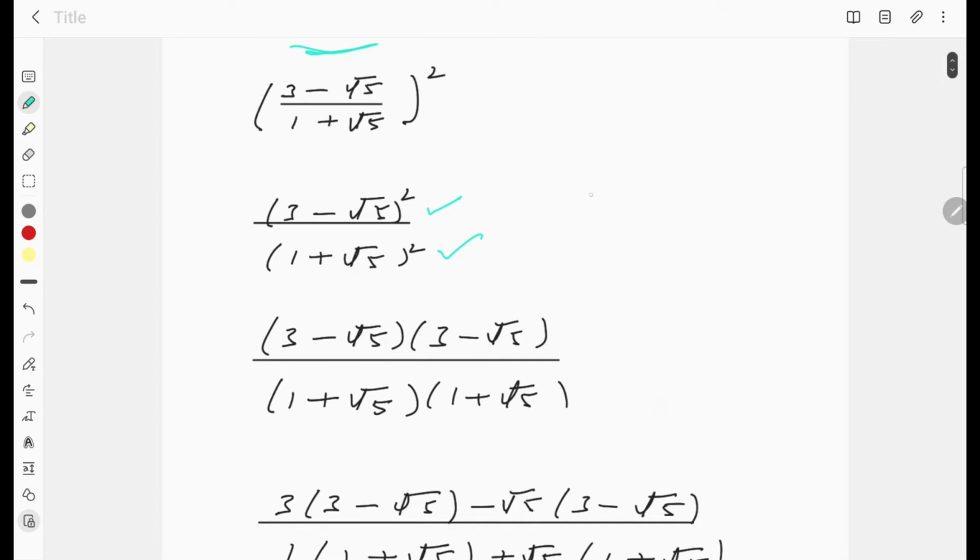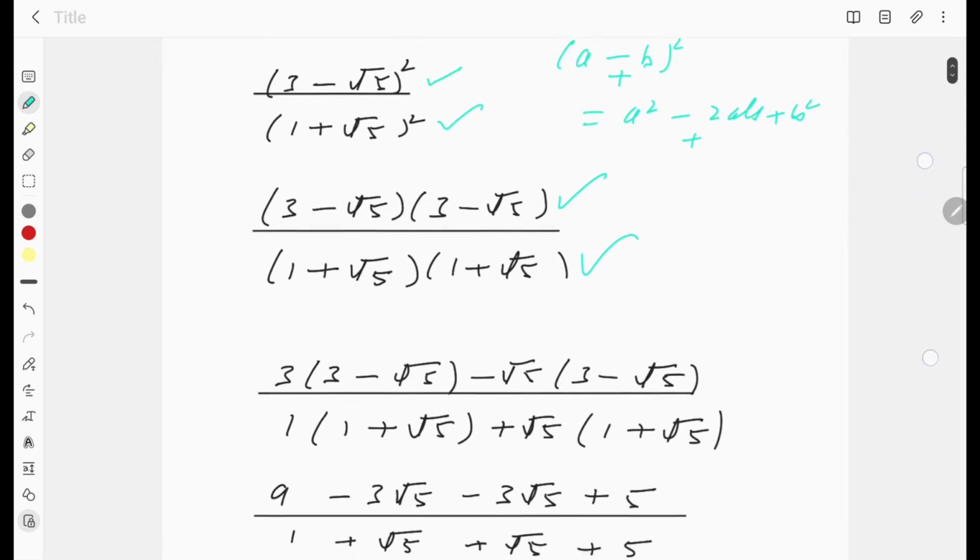You can use this formula: a minus b whole square equals a square minus 2ab plus b square, and for plus you have plus in the middle. But instead of using the formula I am multiplying the two brackets, and of course you can use the formula as well. So on multiplying the two brackets, since the square stands for multiplying the same thing to itself, I will simplify